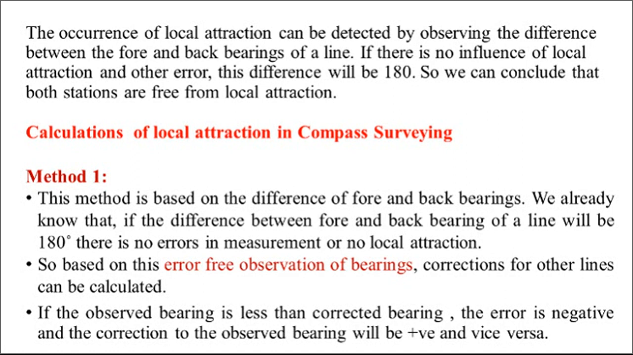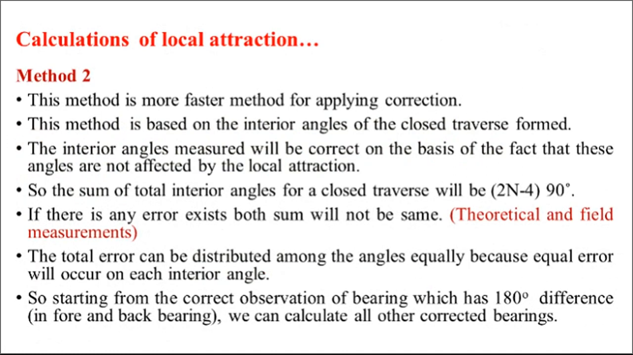Okay. Then next one, calculation of local attraction, second method. This method is faster than the first method. This method is based upon the interior angles of the closed traverse formed. The interior angles measured will be correct on the basis of the fact that these angles are not affected by the local attraction. So the sum of total interior angles for a closed traverse will be 2n minus 4 into